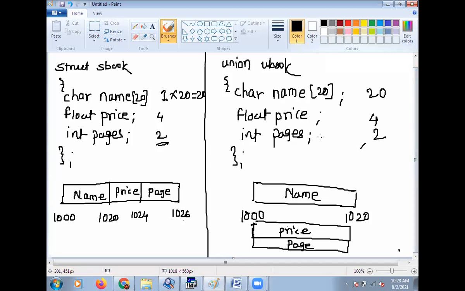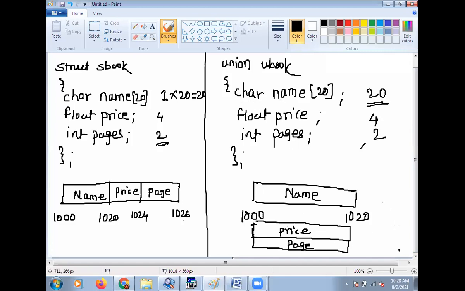Whereas in case of union, it first searches which data type requires more memory, and in this case character requires more memory than float and integer. So it allocates that much memory to the whole union.